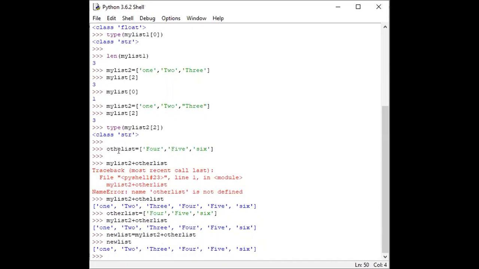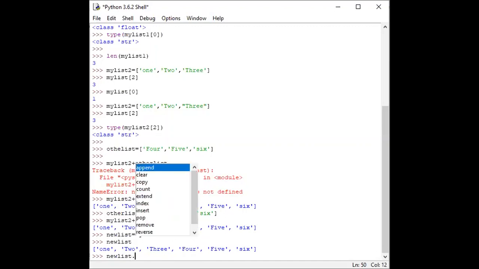Now we perform different operations and different commands with the list. For example, how can we perform them? I write here new list, and I just write dot. After placing dot, just wait for 2 seconds.